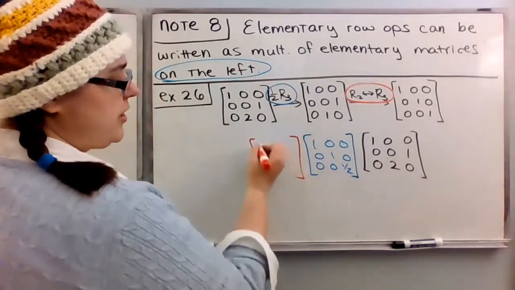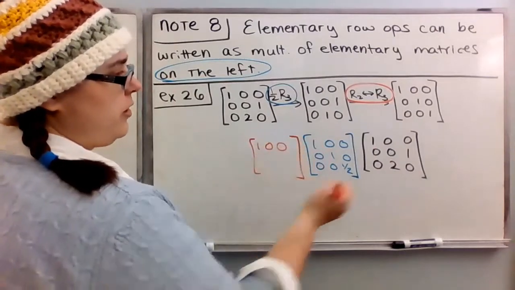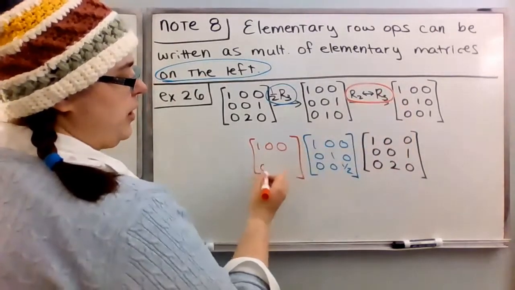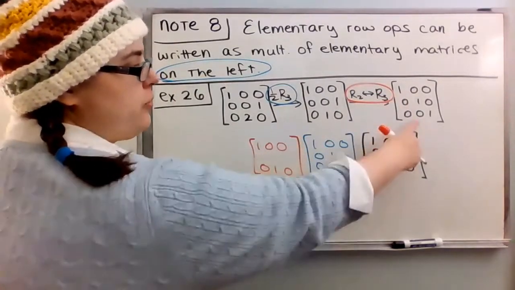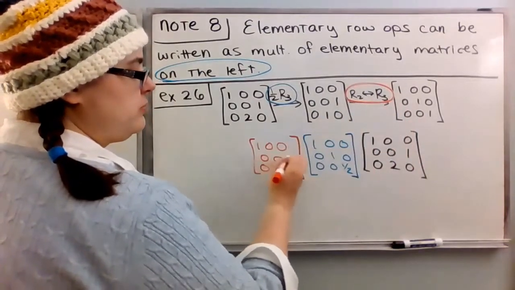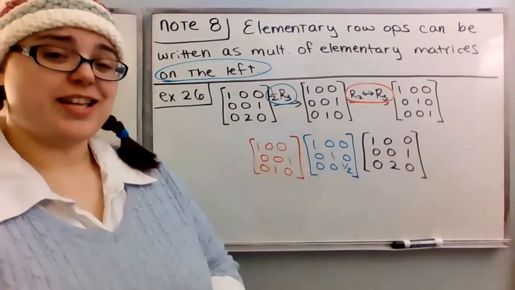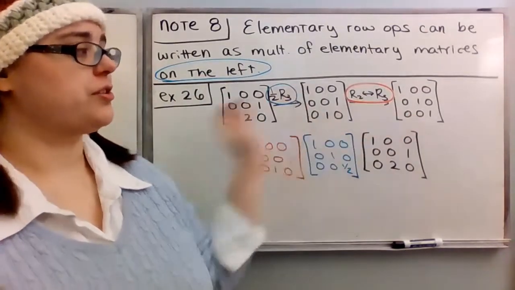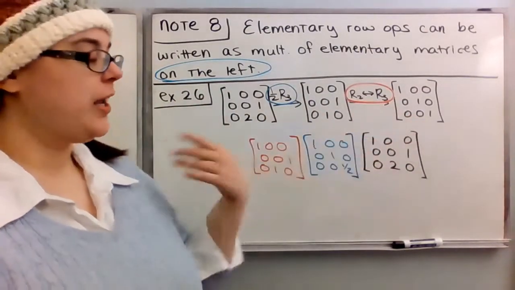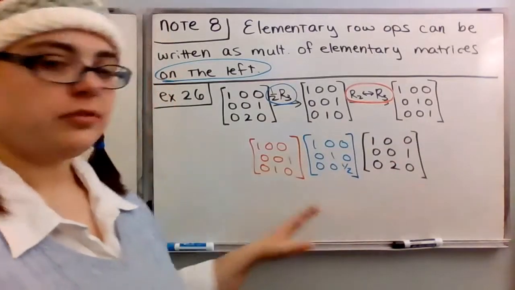Well, row 1 will stay the same. Row 2 is now going to be on the bottom, and row 3 will now be in the middle. So this is how we can write these elementary row operations in terms of multiplication of